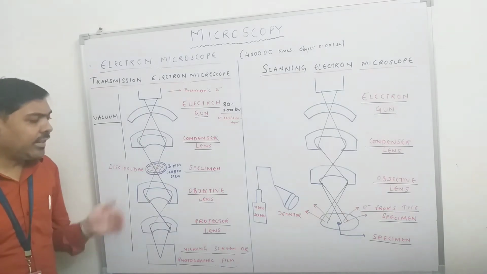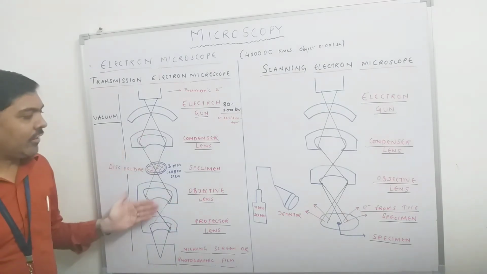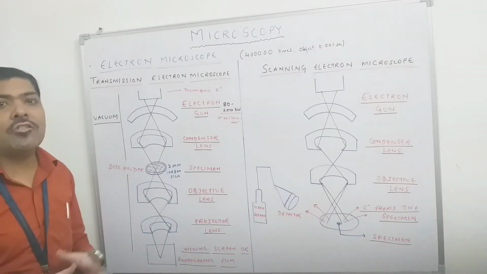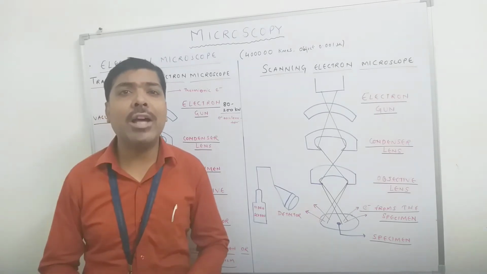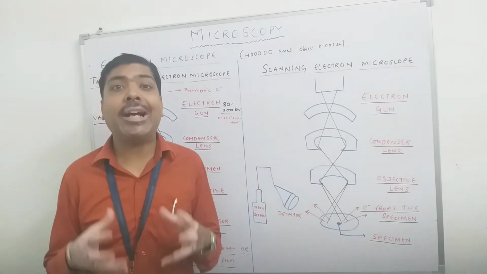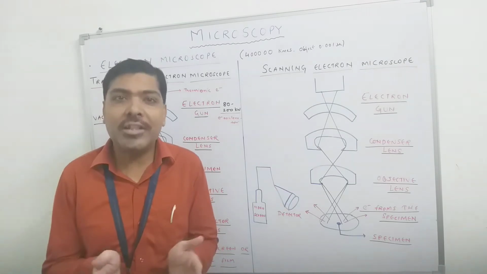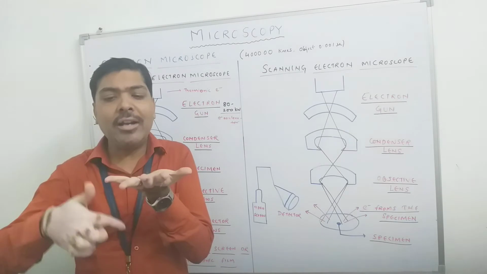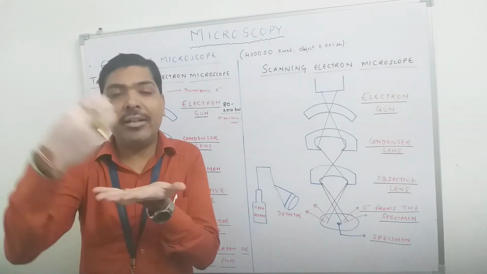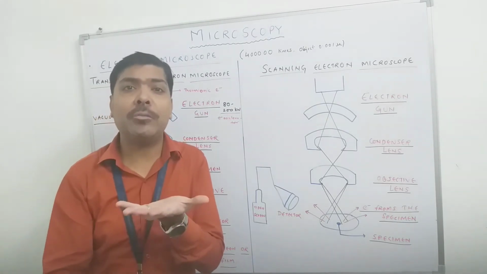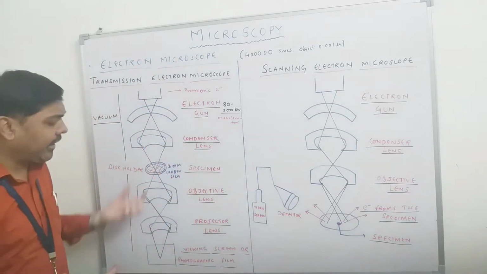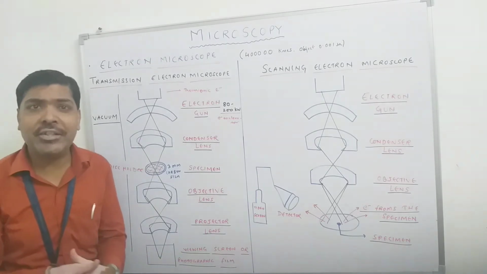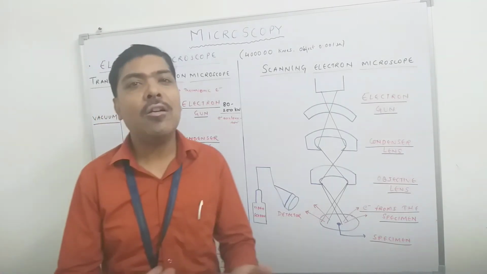Now the next lens is the objective lens. Whatever electrons come out of the specimen, here we should understand that it is transmission microscopy. So we are actually collecting the electrons which are transmitted through our specimen. For example, if I have a certain structure, whatever gaps are available, through them we can easily have transmission of the electrons. So these transmitted electrons will be captured on the viewing screen. Here we are interested in the electrons that are transmitted through the object.